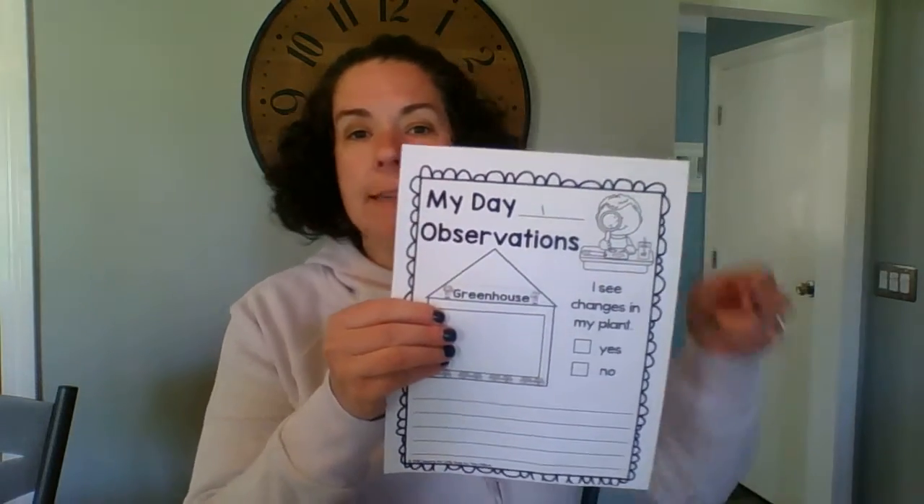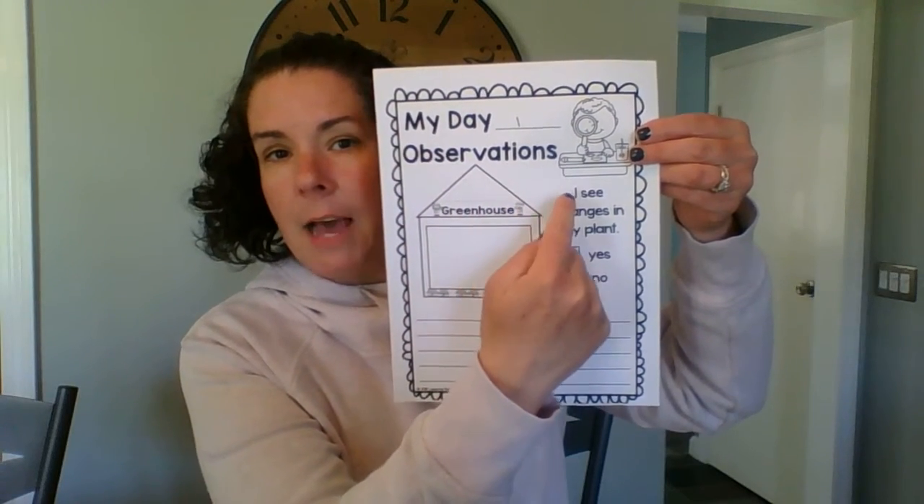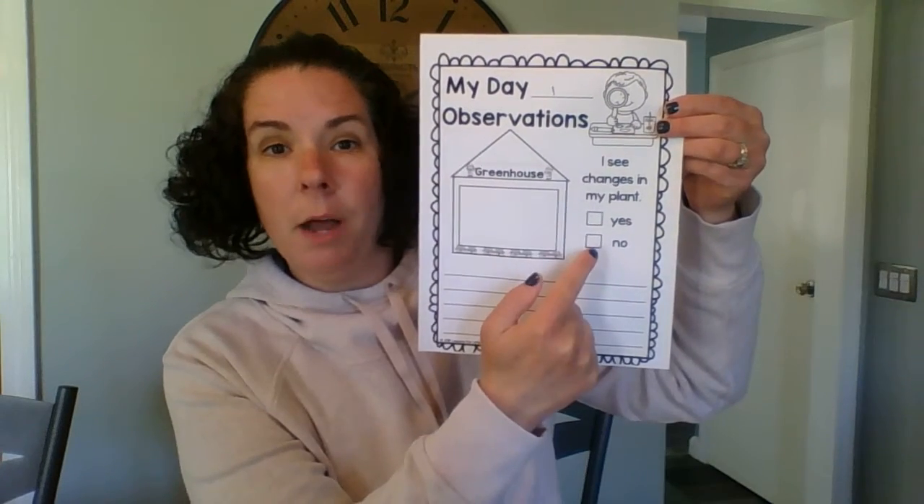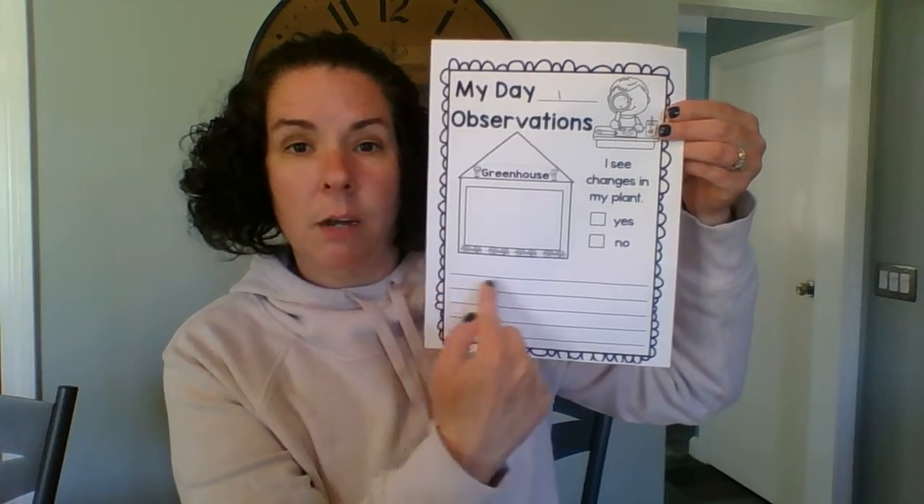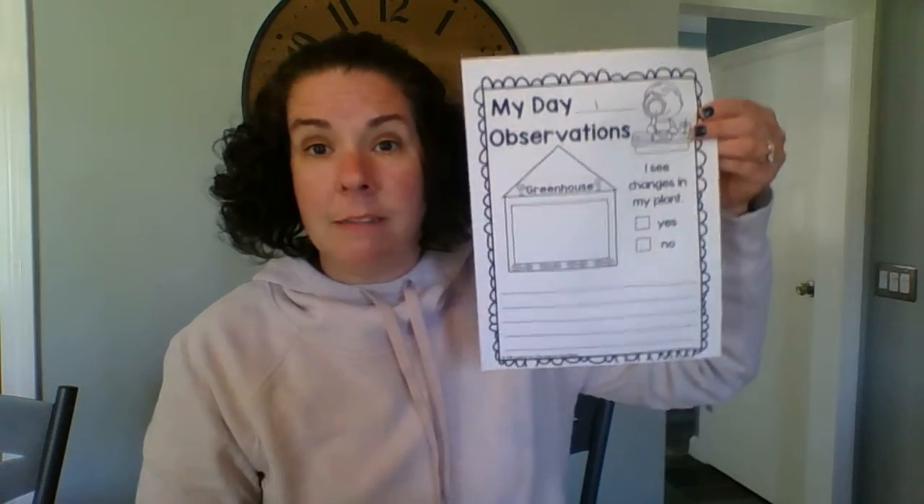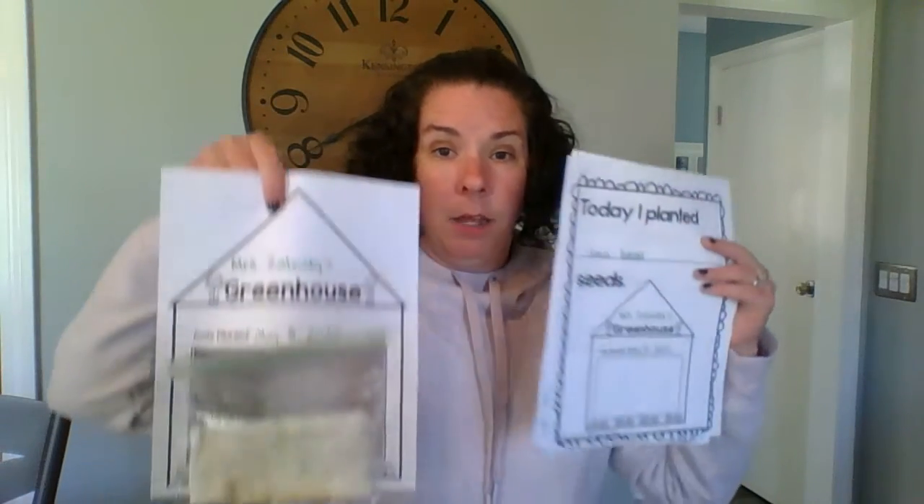And then every day, right here, I put my day 1 observations. I see change in my plant, yes or no. You can draw a picture of what you see and write a sentence to go along with it. Whether you print this out or not, you can still do that in a notebook or on any paper. So that's one option. You can do the greenhouse. Another option, or you could do both, you could try it with different kinds of seeds,